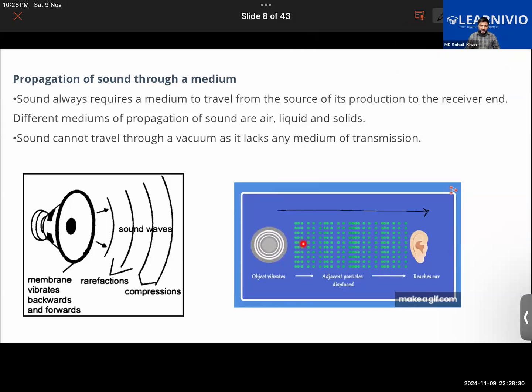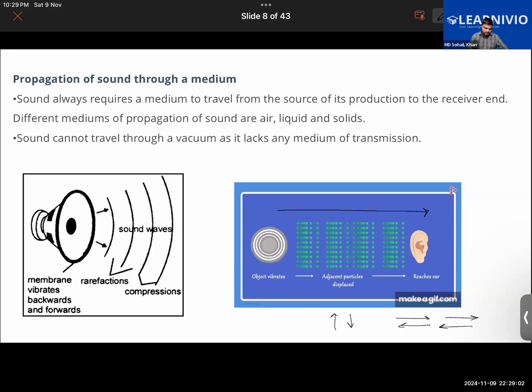What can you tell me about the motion of the particles? Are they jumping up and down, or are they moving like this? Forward and backward, in the form of compression and rarefaction. Yep. So can we say that their motion is parallel to the direction of the sound wave? Tell me, Harim, Ibrahim, and Aisha. Yes, it is. Yeah, that is one thing.